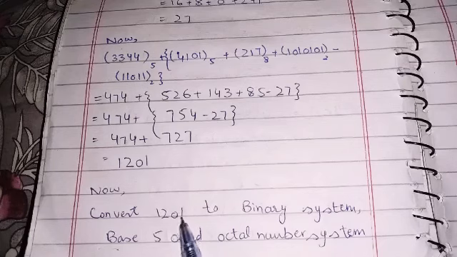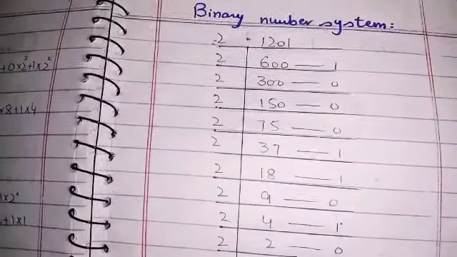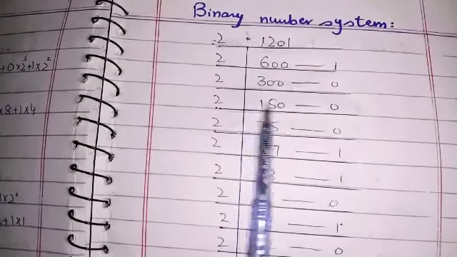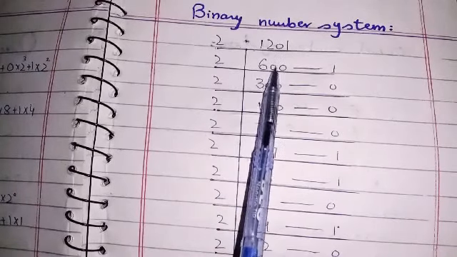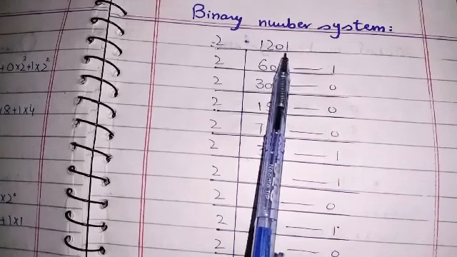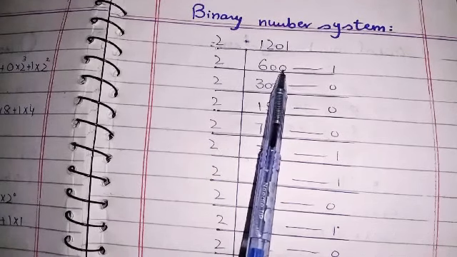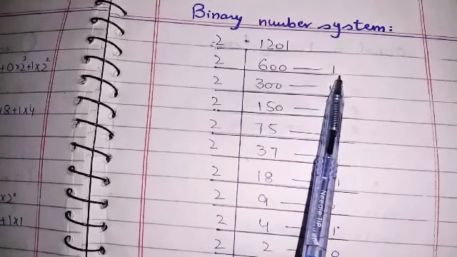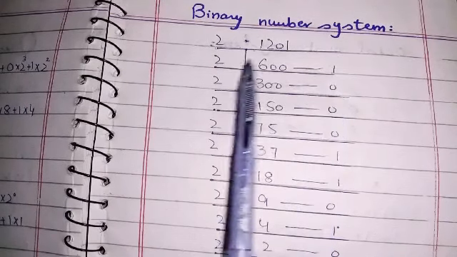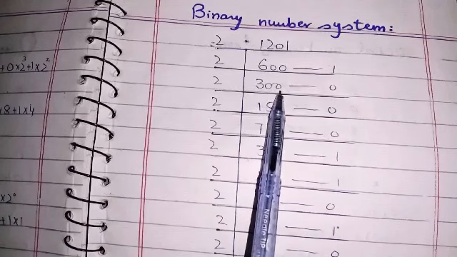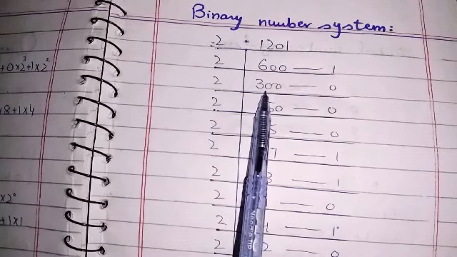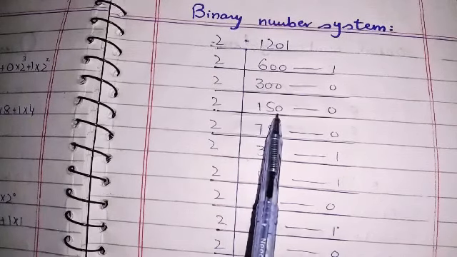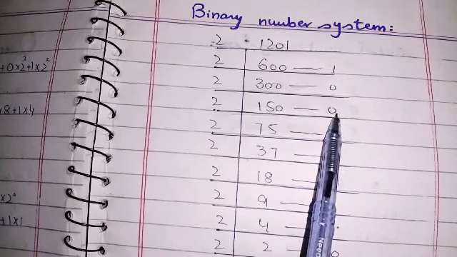Now convert 1201 to binary system, base 5 and octal number system. Here is the successive division method. When we divide 1201 with base 2, 2 6s are 12, 0 as it is, and we cannot divide 1 by 2, so we add 0 here and 1 is the remainder, so we will write it here. 2 3s are 6, 0 we will write as it is, there is no remainder, so we will write 0 here. 2 1s are 2, 1 carry here makes 10, 2 5s are 10 and 0 we will write as it is. There is 0 remainder, so we will write 0 here.